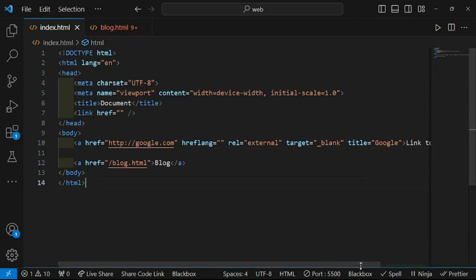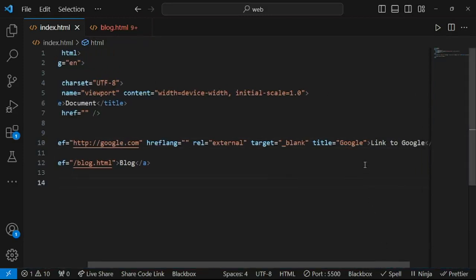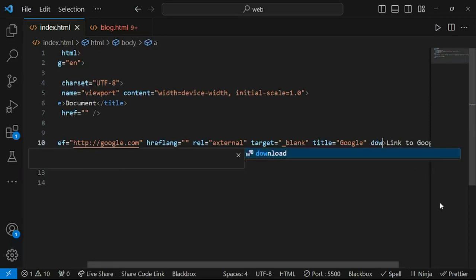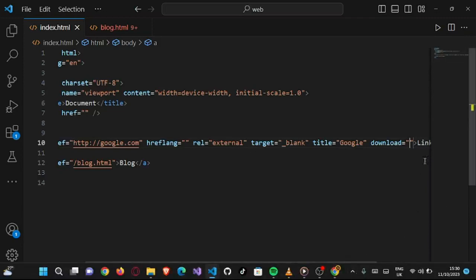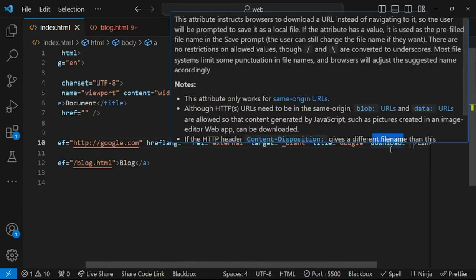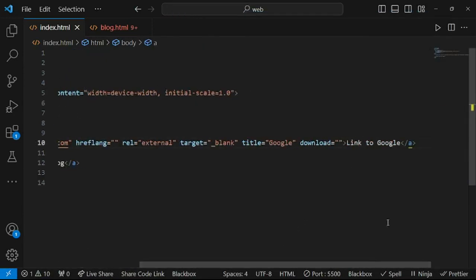The next attribute I'll be talking about is the download attribute. It is used to specify that the target will be downloaded when the user clicks on the hyperlink. That is, whenever the download attribute is provided in the opening element of the anchor tag, it is used to specify that the target